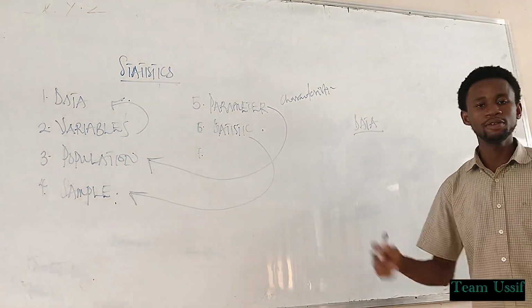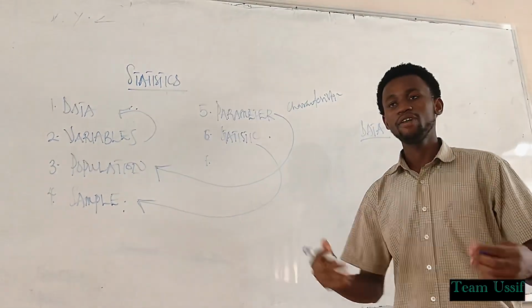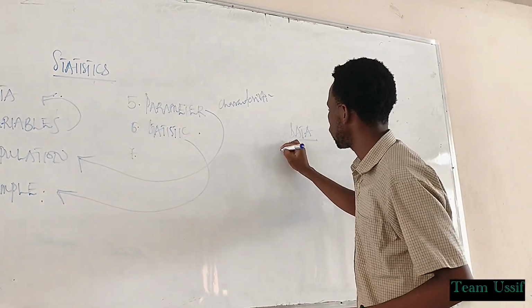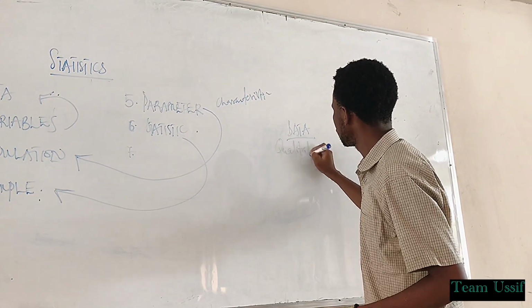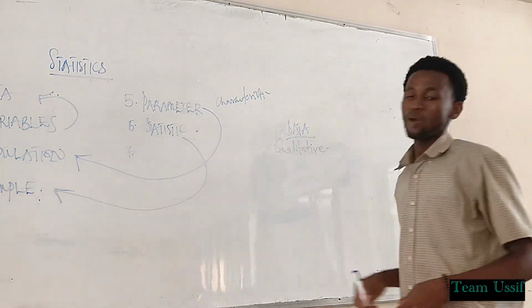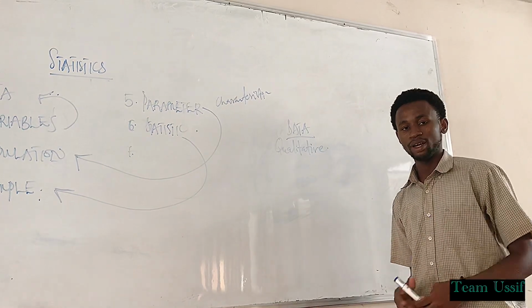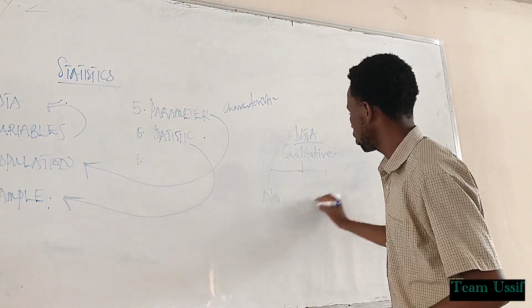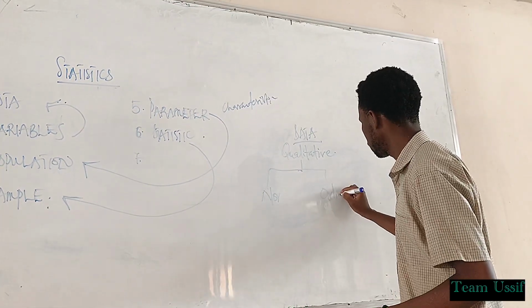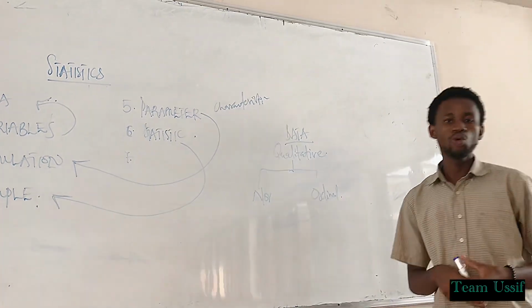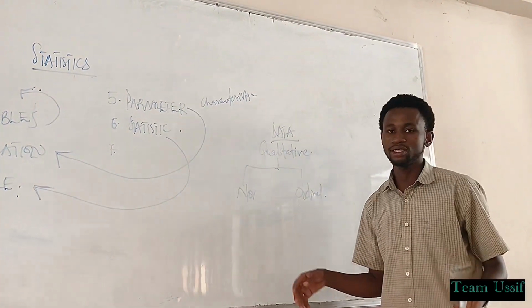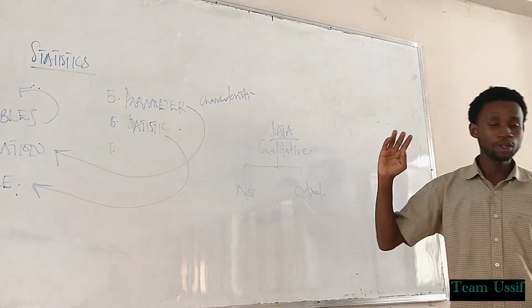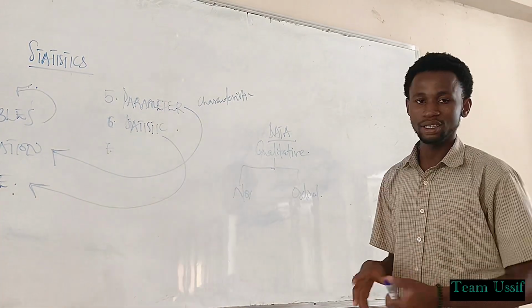Alright, so earlier on I said data, right? And I spoke about the two types of data, which are the quantitative and the qualitative forms of data. So under the qualitative, we have nominal and ordinal. I earlier said that under the qualitative, they are all text. They don't involve numerals. They are all text, so any data that is in the form of text.